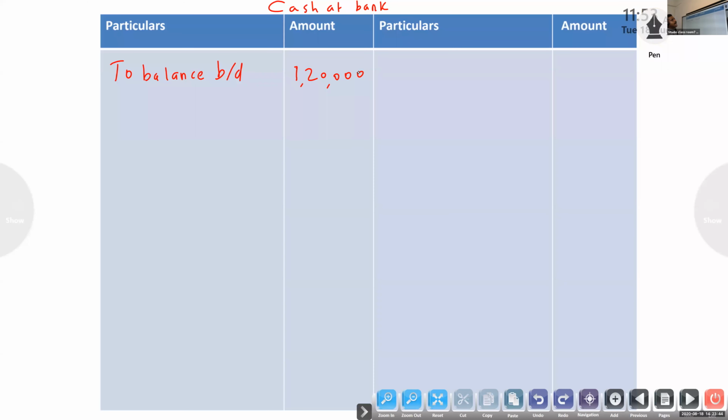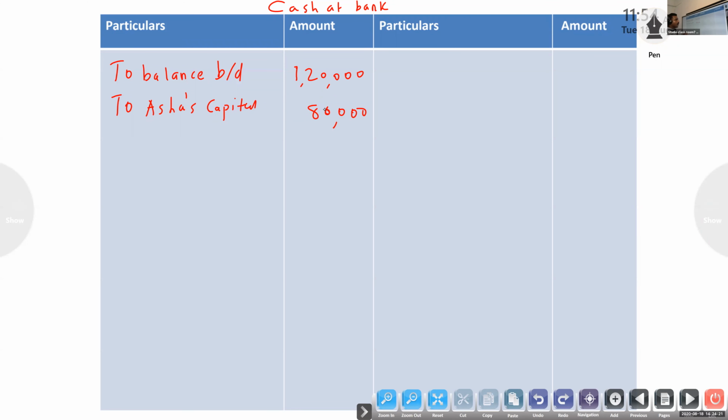So first we will write capital. Asha brought capital. Where will it come? In the cash account, debit or credit? It is debit, a cash account, not a partner's capital account. So cash account debtor to Asha's capital, amount will be 80,000. Then you have to look, any goodwill? No.